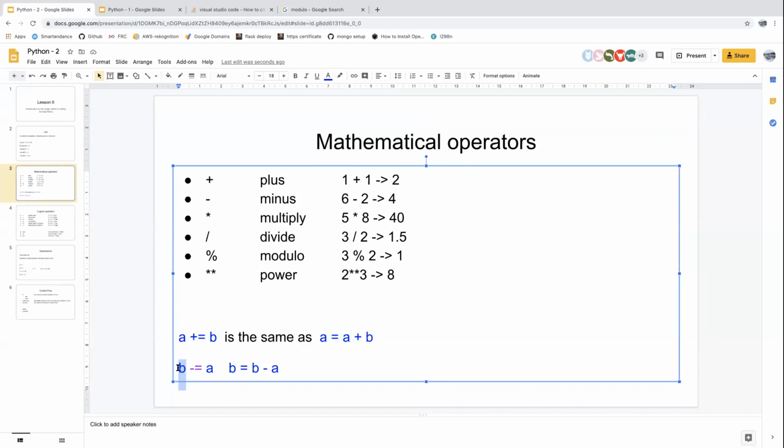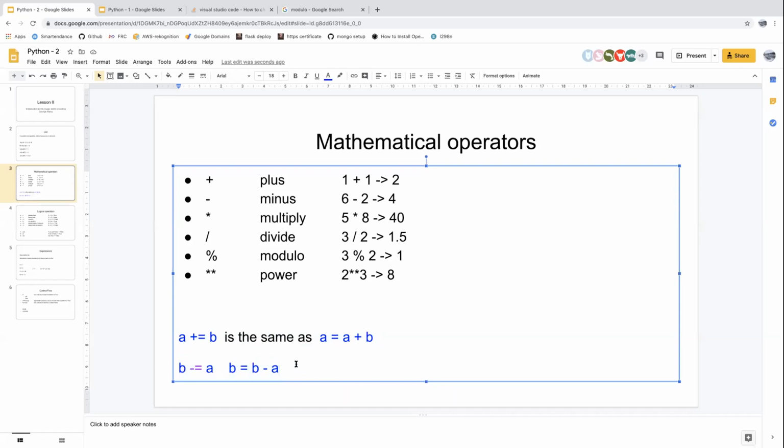Wait, so is this basically if you do whatever variable plus or minus, and then you don't write anything after that? Then does that mean you'll have to add on or take away the number that's after the equal sign? Yeah. Okay, so I kind of understand it. Yeah. Okay. Whenever you see anything like